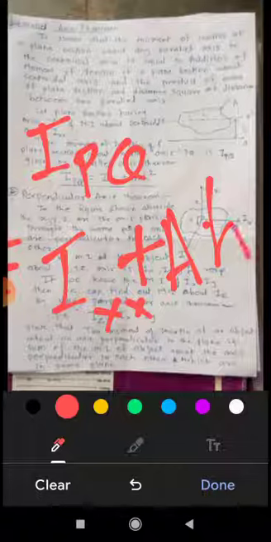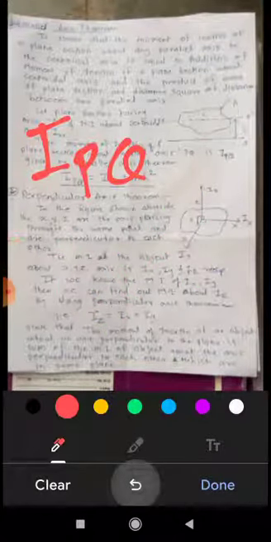the moment of inertia about PQ, which is parallel to the centroidal axis, is equal to the sum of the moment of inertia of the body about the centroidal axis, that is Ix, and the product of area and the square of the distance between the two axes. This is the principle of the parallel axis theorem. Okay, now got this?